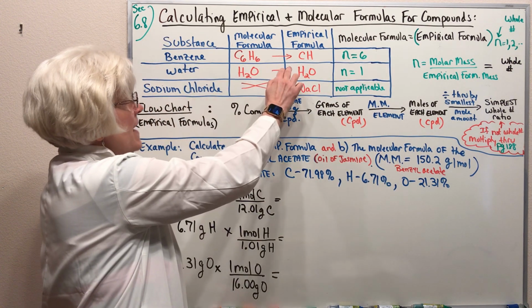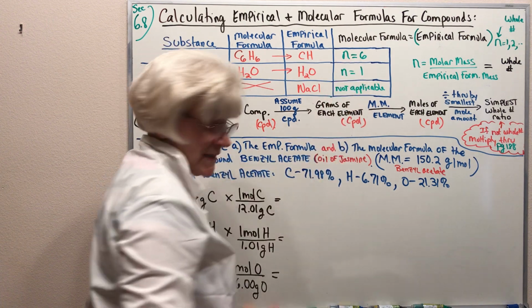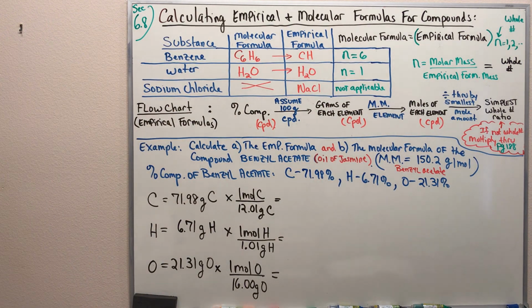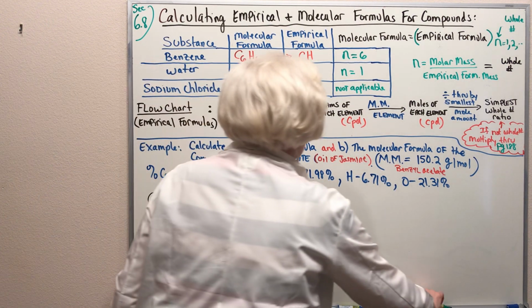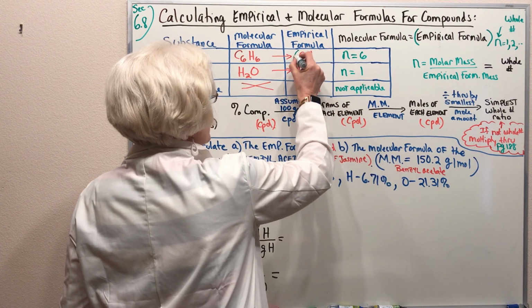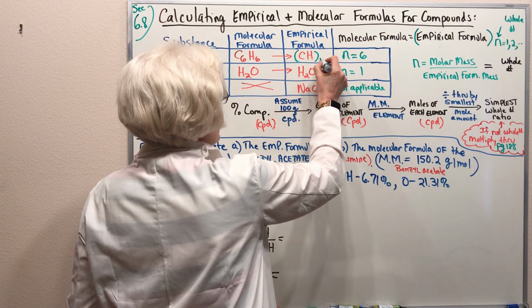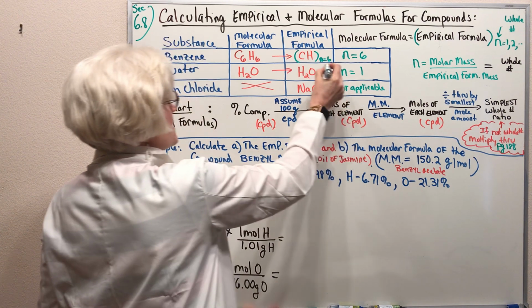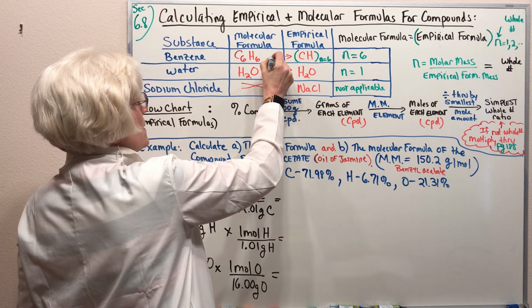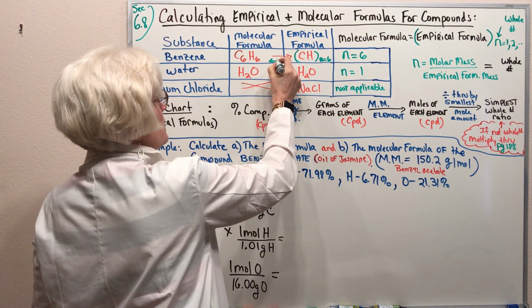So in the case of benzene, N would be 6. In other words, we would have to take the empirical formula of benzene and multiply it through by 6 to get the molecular formula of benzene,